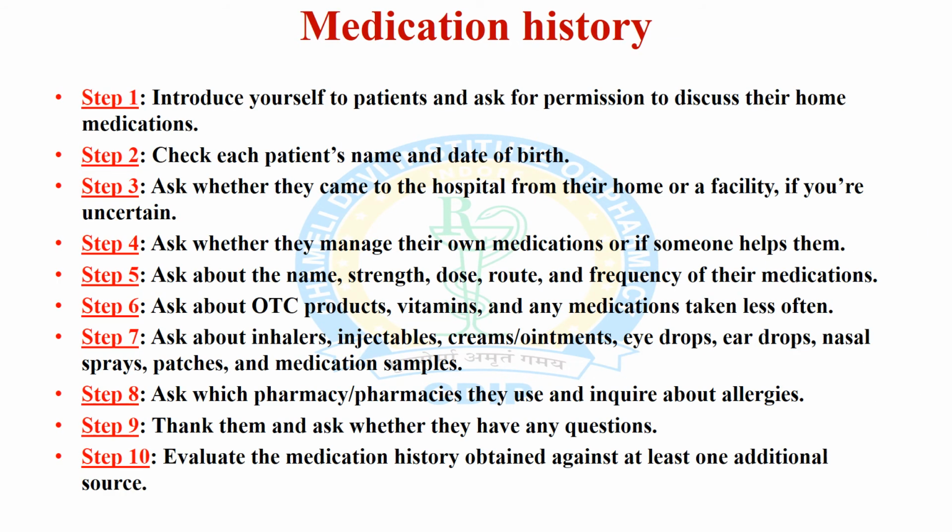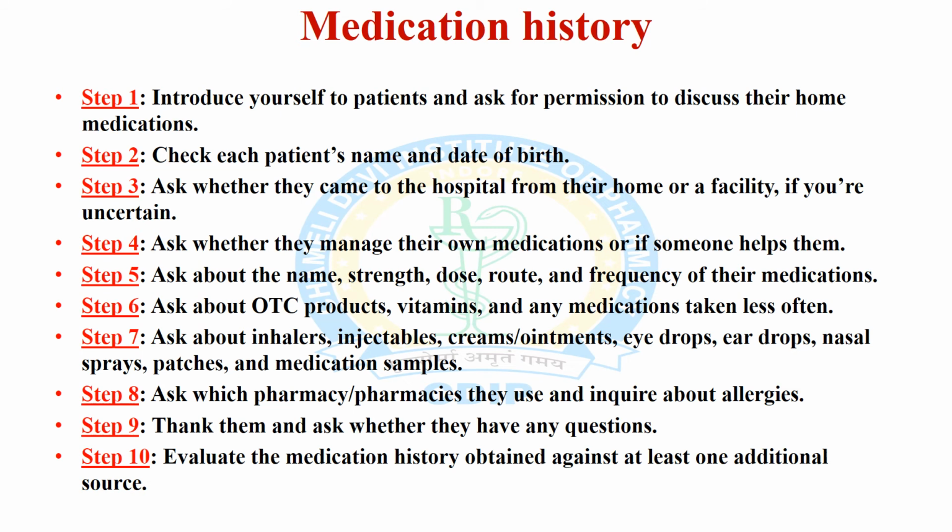Now, another one is medication history. There are some steps in this process. In the first step, they introduce themselves to the patient and ask for permission to discuss their home medications. They check each patient's name and date of birth. Ask whether they come to hospital from their home or a facility, if you are uncertain. They also ask